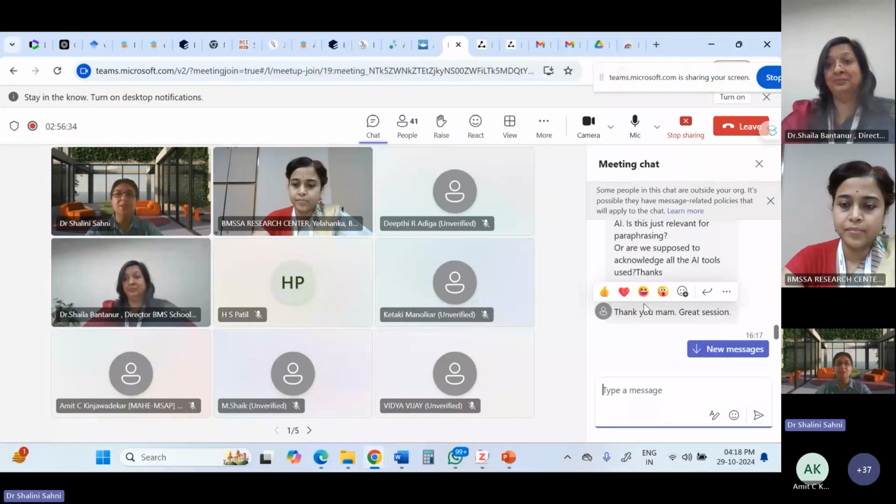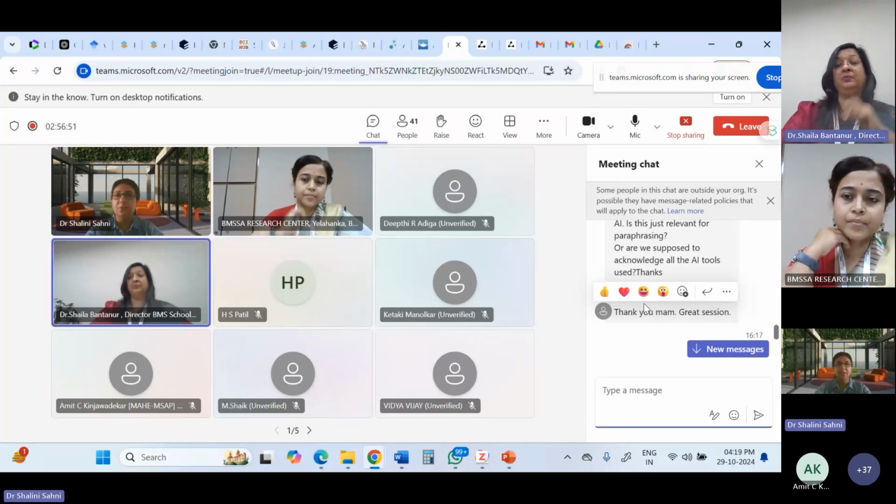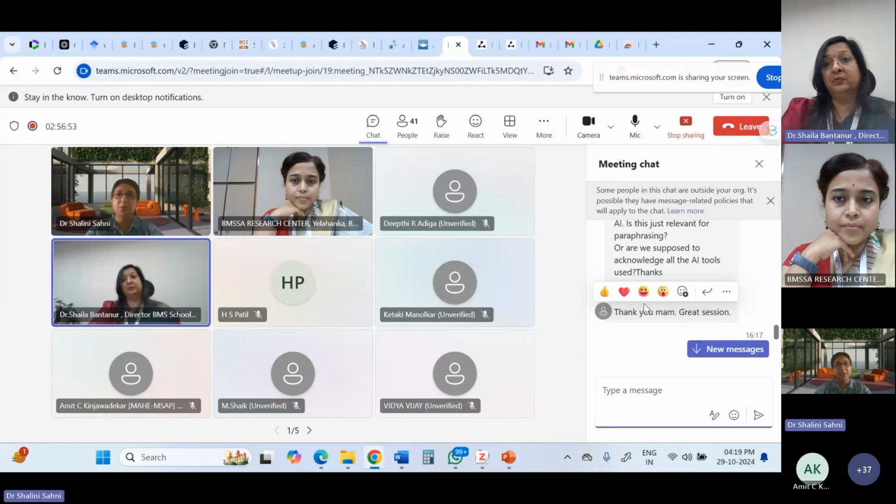So in which sections you are generating with AI and how you've used it, there is no harm in acknowledging. And I'm sure a policy is going to come in another 3-4 years because now all the journals are adopting this policy. There is no written policy as such, right? So we are also waiting and watching how this policy will come and how we can incorporate